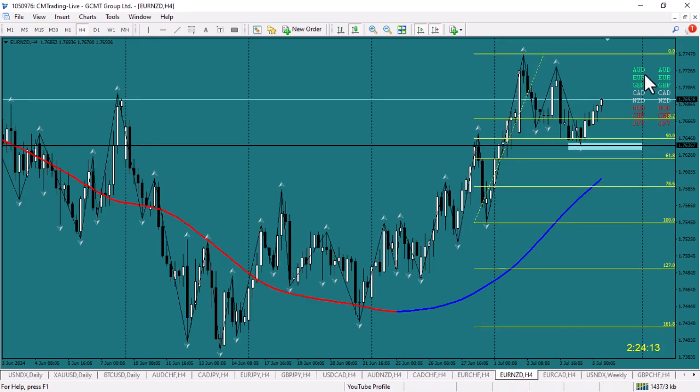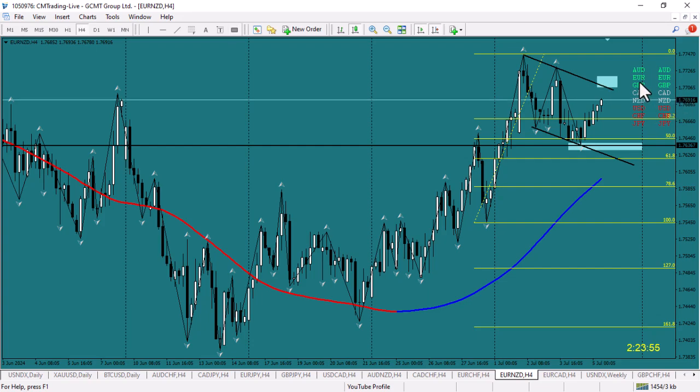Euro New Zealand, Euro green zone, New Zealand neutral zone, not after that, but I'm after the Euro long. I want to be long here. Also a nice flag pattern forming here. You can see there, like that, and this one here. So, could be a breakout trade, also a retest and a candle reversal.